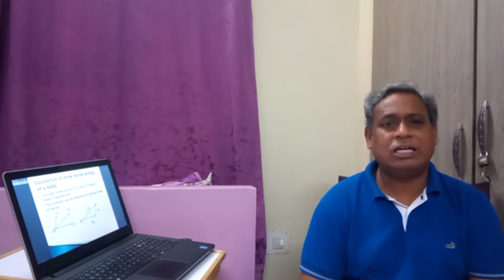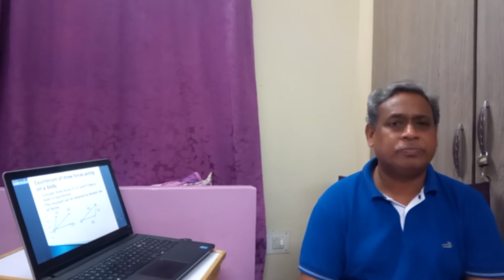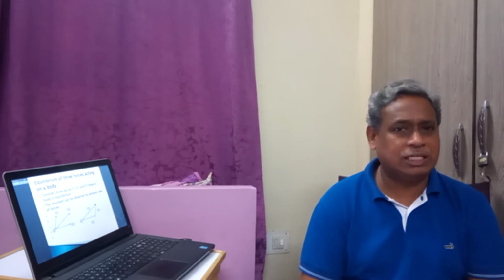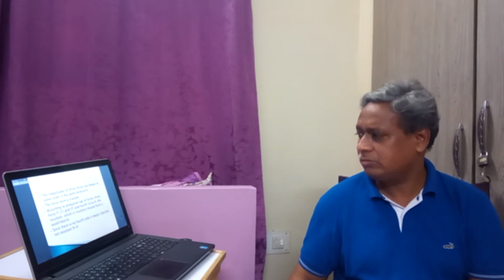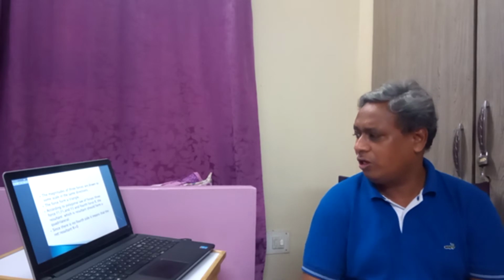That means one side of the quadrilateral is 0. That is the last side, which represents the resultant, and it has become 0. That is why this figure has become a triangle. So the magnitudes of the three forces are drawn to some scale in the same directions as before. Then the forces form a triangle. According to the polygon law of forces, the three forces F1, F2 and F3